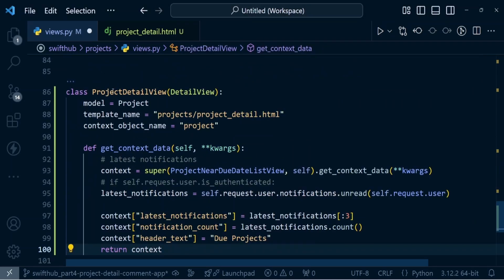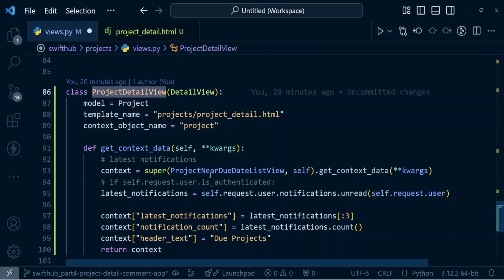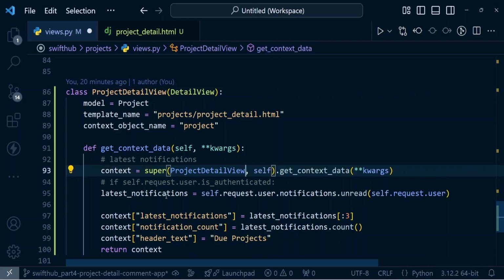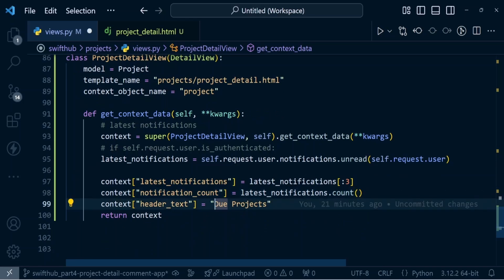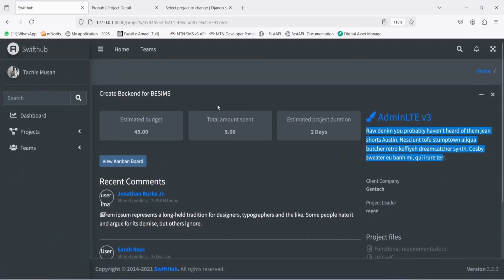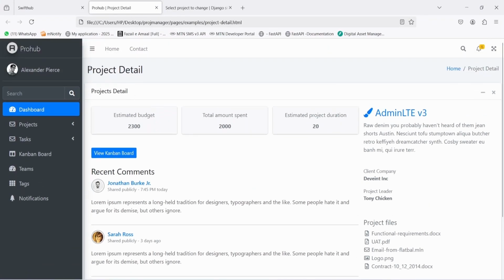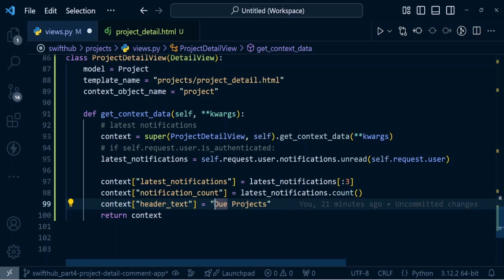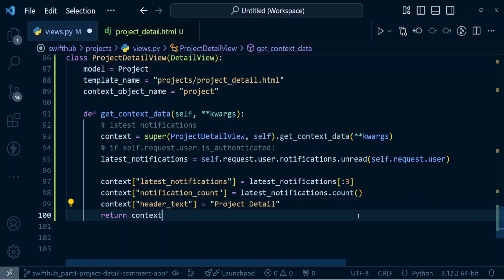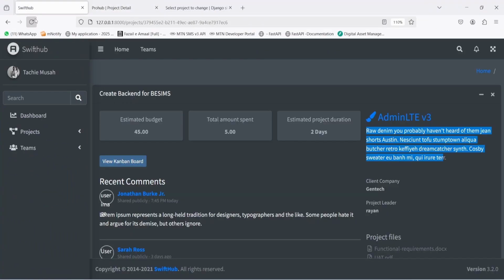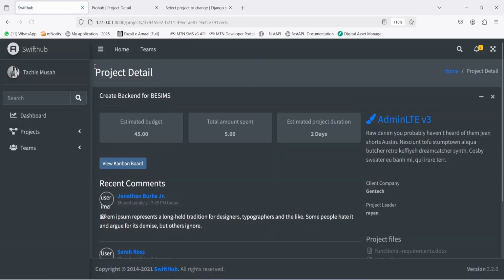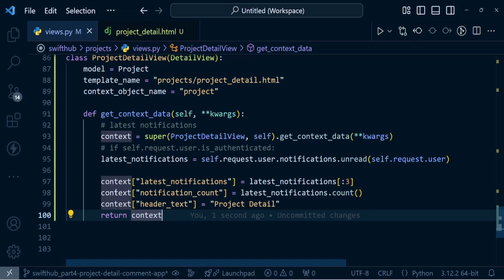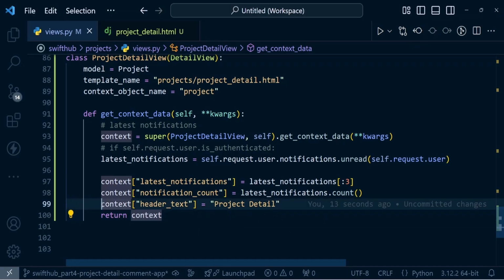Okay, so at this point we're going to need to copy the project detail view into this like that. But when you come here, the header, we actually want to do it. So let's go back onto our template, and the template, it says project detail. So I'm just gonna copy it and then paste it right here. So let me paste it right here and save changes, refresh over here, and we are now seeing project detail, and it's also being set over here. Now, a couple of contexts we need to pass. First, I just also want to pass